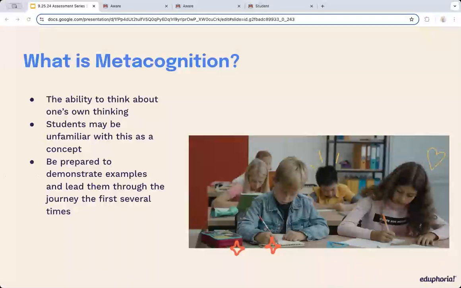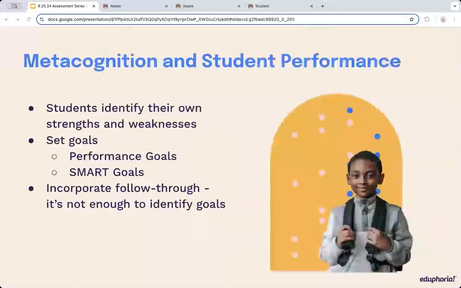You have to prepare them and demonstrate the process of reflection through metacognition with very explicit examples and actually say the words out loud to the kids that they should be saying to themselves in their heads. This may take several attempts before the kids actually begin to grasp it and are then able to replicate it. So through metacognition practices, we want students to be able to identify their own strengths and weaknesses, set goals, and then incorporate follow through in our classrooms into deciding if those kids have attained said goals.